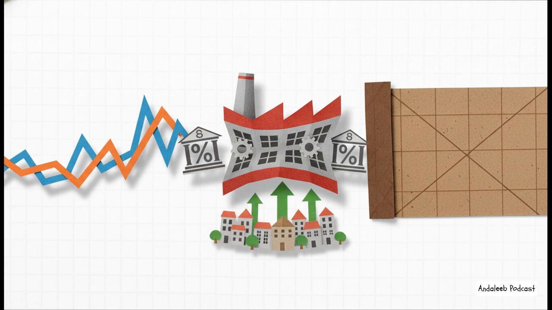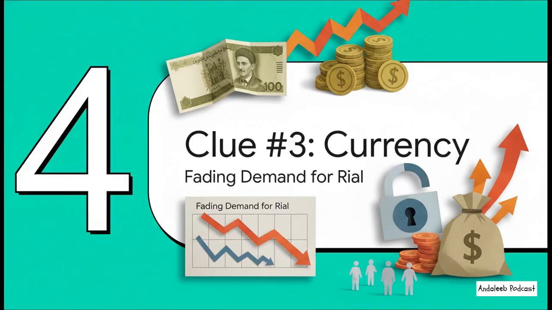They face volatile prices for raw materials they need from abroad, and sanctions make it incredibly hard to get key technology. But the internal problems are just as bad. That same speculation we just talked about drives up the price of land and buildings, making it way more expensive just to have a factory. Then, high bank interest rates on loans get baked into the final price of everything. It's a total squeeze.